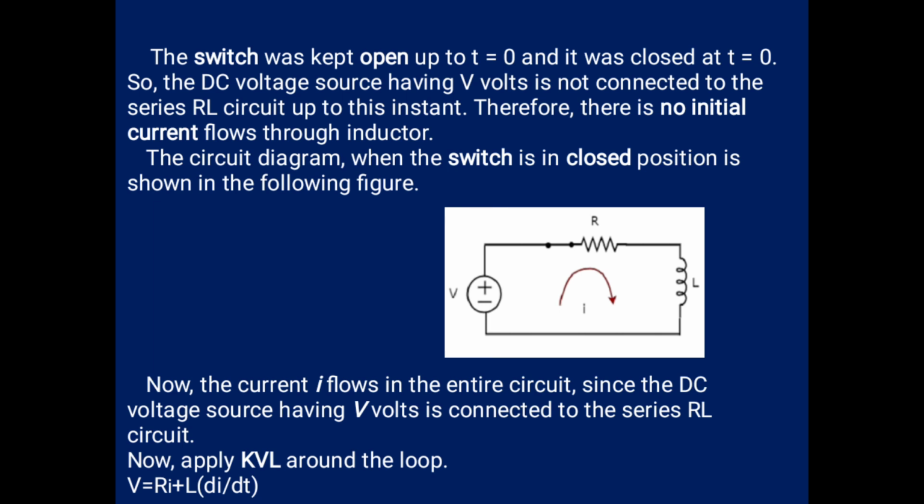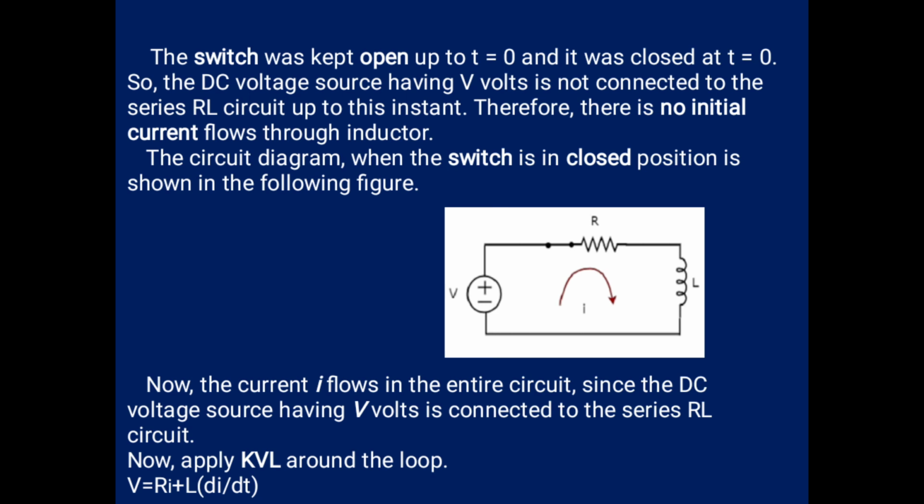So at t equal to 0 the circuit was closed and there is a current flow through the circuit. Once you excite the circuit with the applied voltage, there will be a current flow in the entire circuit, and you can apply Kirchhoff's voltage law: the sum of the EMF in a closed loop will be 0. You can solve that. The sum of voltages in the closed loop will be 0. So now we are applying that.